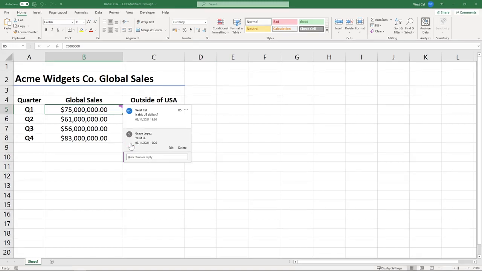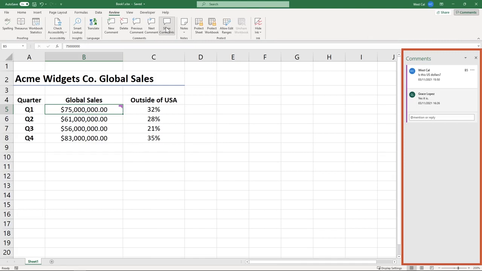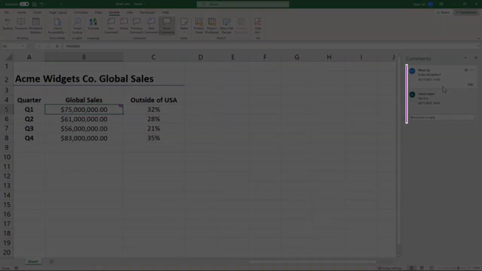The comment now contains the response, including the username and the date and the time of the reply. Clicking Review and then Show Comments opens the Comments task pane on the right side of the worksheet. It displays all of the comment threads in the worksheet. If a cell with a comment is selected, that comment is highlighted by a violet bar to the left of